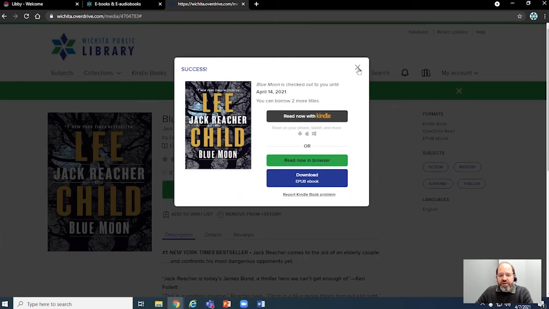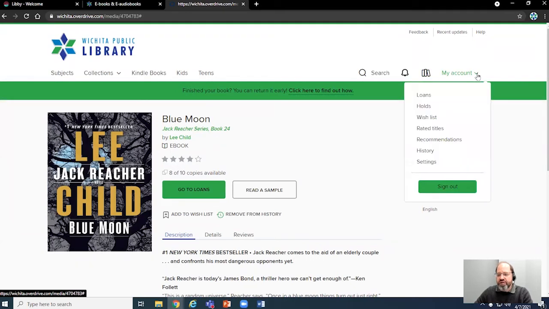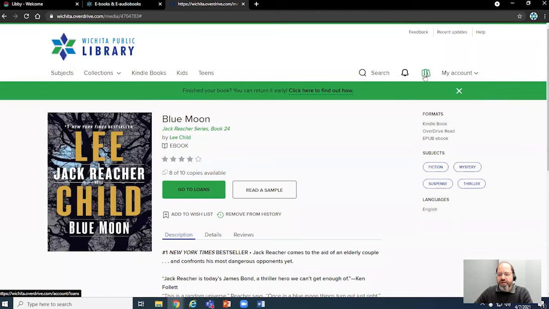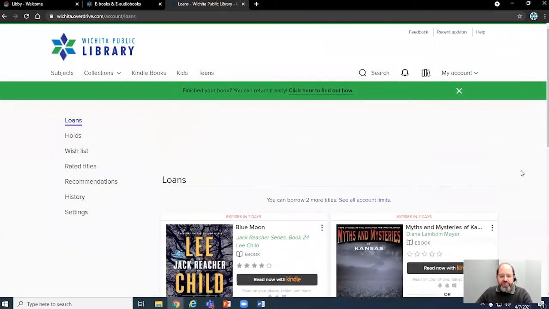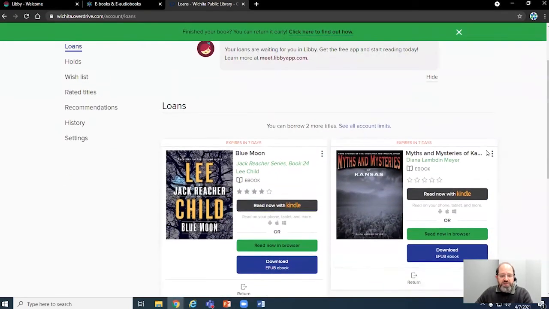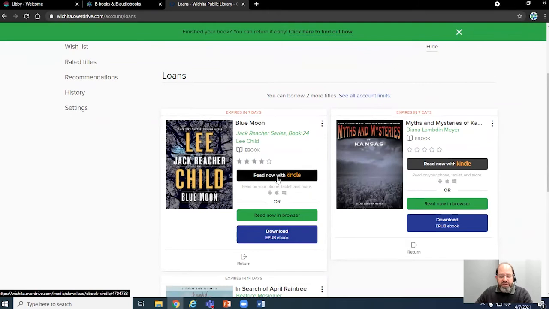I'm going to go ahead and close out of this view to show you my shelf view. That's this button with the 3 books on a shelf, it looks like. You can also use the drop down next to my account to go to loans, but this book icon will take you there as well. So here are my loans. Here I've got 3 items out, and the first one here is the one we just checked out, and I'm going to click on Read Now with Kindle,